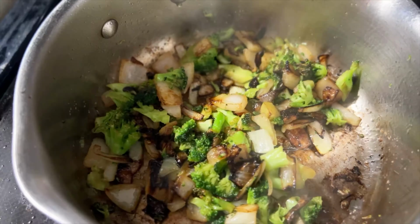I have some russet potatoes and some red potatoes, which I have sprayed with vegetable spray and scrubbed, and I'm just going to drizzle it with some grapeseed oil and some salt, and we're just going to rub this in all over the potatoes. We are going to do a baked potato here and some roasted vegetables on the side